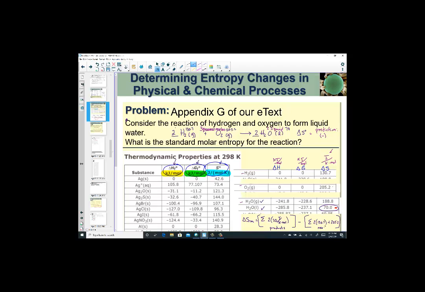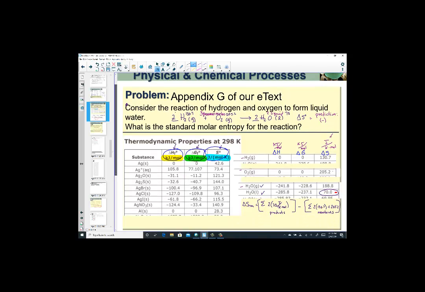And there is the sum of the entropy values of the reactants. Now hit that with me on your calculator and see what we find for our delta S of the reaction. So in a parenthesis, let me clear the screen, parenthesis 2 times 70, close parenthesis, minus, I'm going to open up a new parenthesis and go 2 times 130.7 plus 205.2, close parenthesis, and I come up with the value of negative